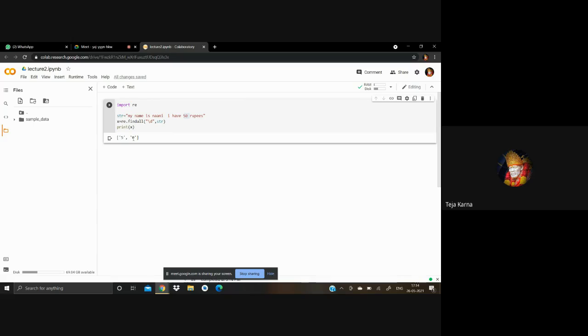In the same way, another one is searching a sequence that starts with some string and is followed by any two other characters. I'll try to do one more thing. This is the basic one.